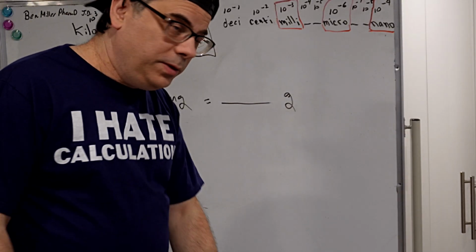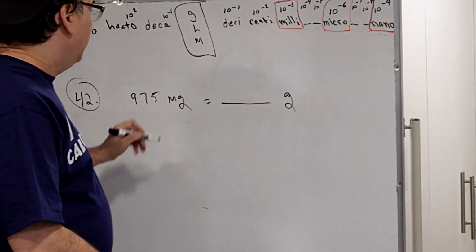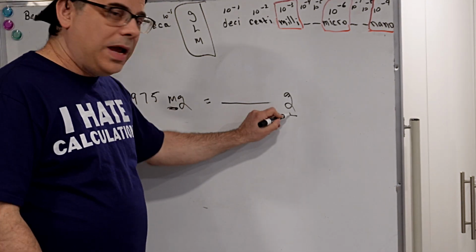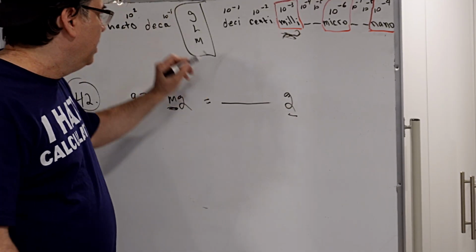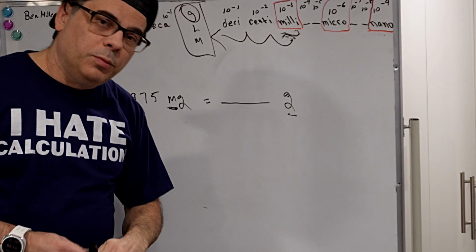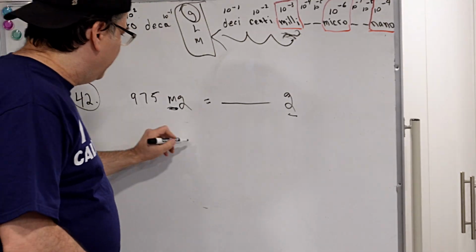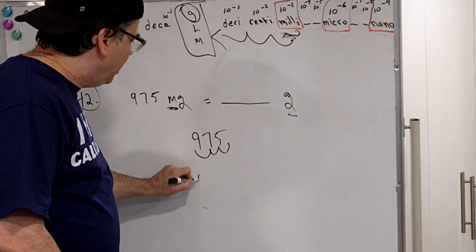Question number 42. 975 milligrams is how many grams? Okay, we have milli over here, gram over here. So again, find the milli on the chart. Here's milli, here's gram. We're going 1, 2, 3. Moving the decimal point 3 to the left. So we have 975, 1, 2, 3. That's